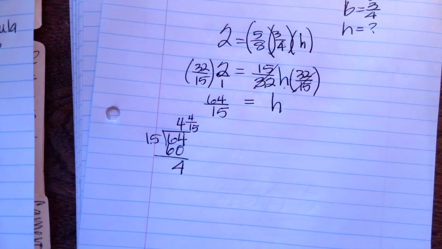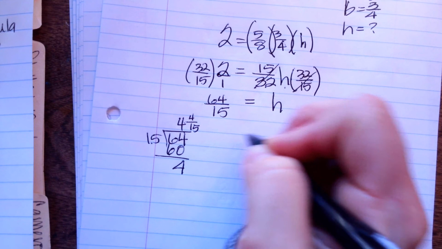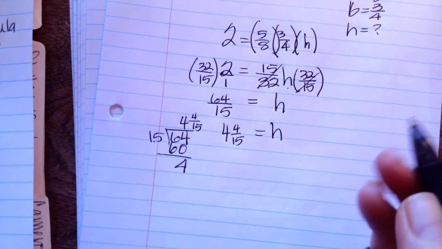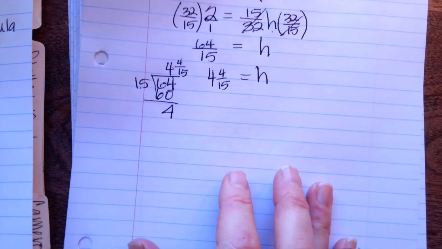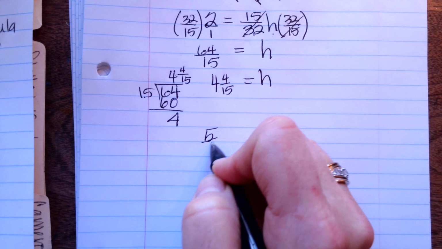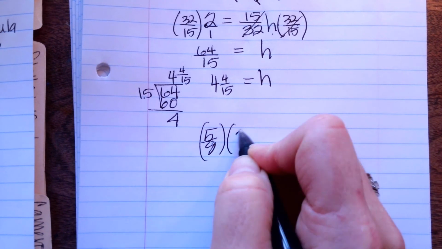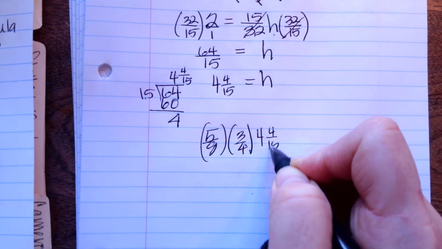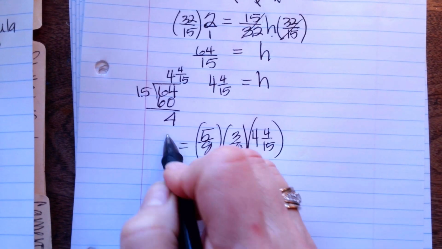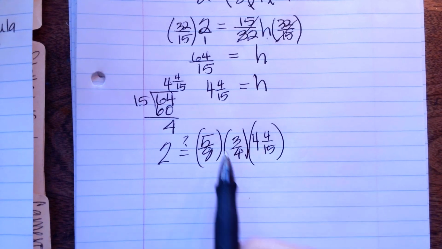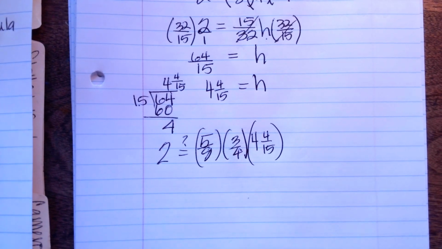So now we simplify it and we say H equals 4 and 4/15. And then we would multiply the base and the width and the 4 and 4/15 together, and we would have to get 2. If we did not get 2, we did it incorrectly. So I want you to multiply this out and see if we did it right, and I will